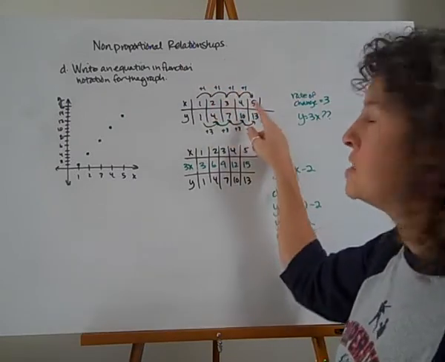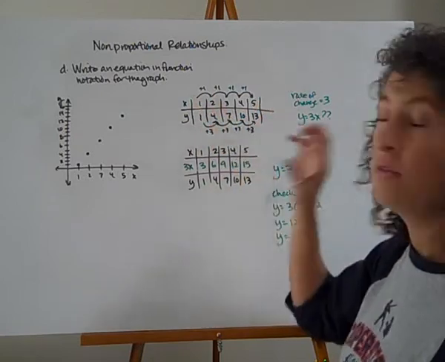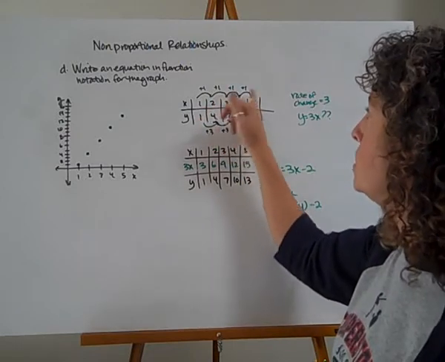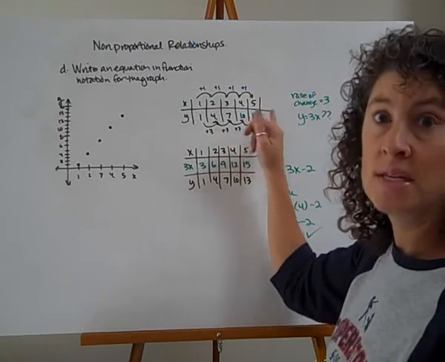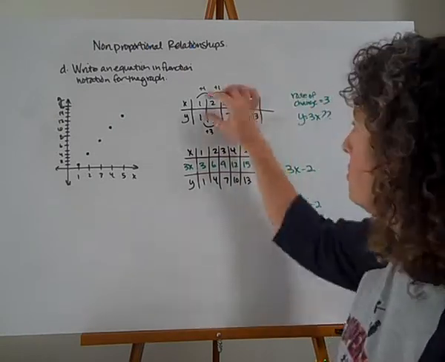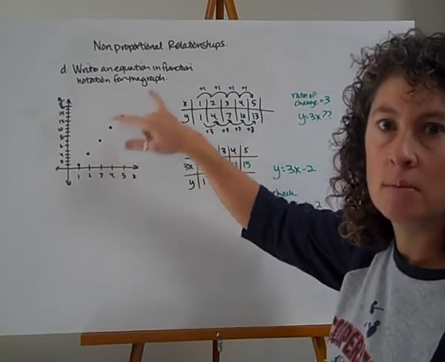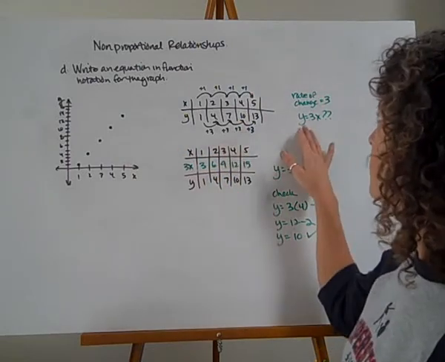Now again, if this table skipped numbers, if they gave me 1, 3, 5, or they gave me 1 and 2 and then 5, finding the rate of change should still be the same. So for instance, 2 to 5, that is plus 3. 4 to 13, that is plus 9. 9 divided by 3 still gives me a rate of change of 3. So even when I'm skipping from one point to another, I should still have that same rate of change, that same slope. So I've come up with a rate of change of 3.